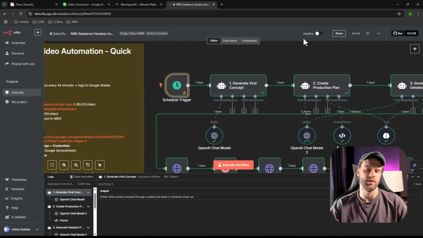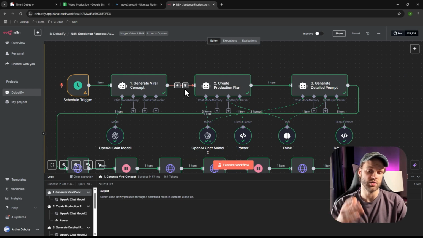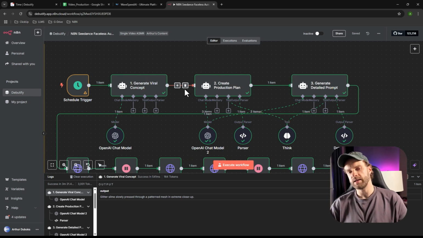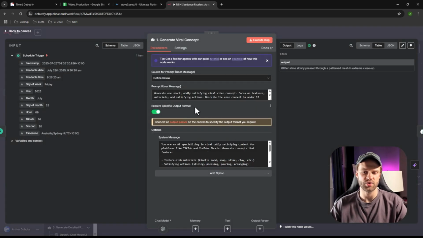So for now, I'm doing a demo. I'm going to disable it. Doesn't matter. So next we're going to be moving up to a generate viral concept, meaning this is sort of the first step where the magic happens. Okay, so this AI agent generates an actual concept of the video, and we're doing that by using a prompt, okay, and a system